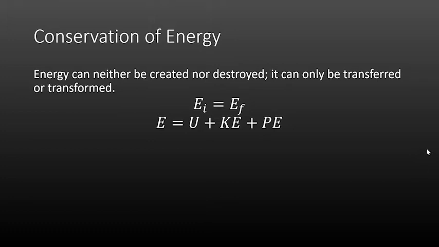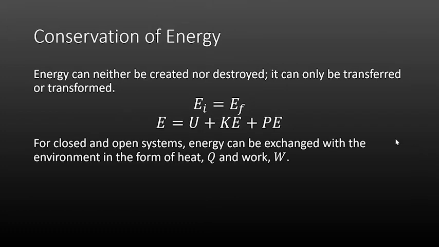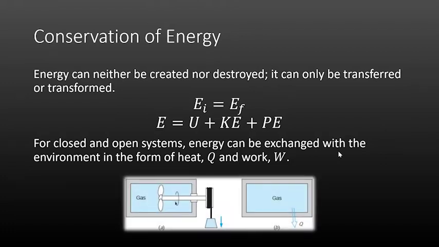For closed and open systems, energy can be exchanged with the surroundings in the form of heat and work. Shown here are examples of how energy is transferred to and from a closed system. In this figure to your left, a stirrer transfers shaft work into an enclosed gas. We say that work is being done to the system. This work done on the closed system will result in an increase in the total energy, manifested by an increase